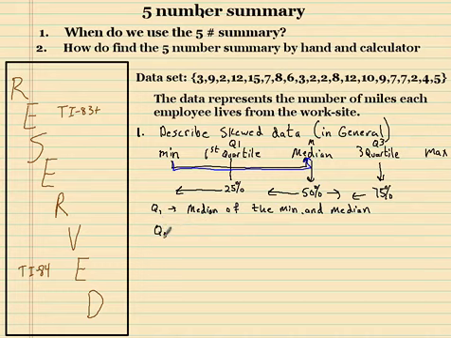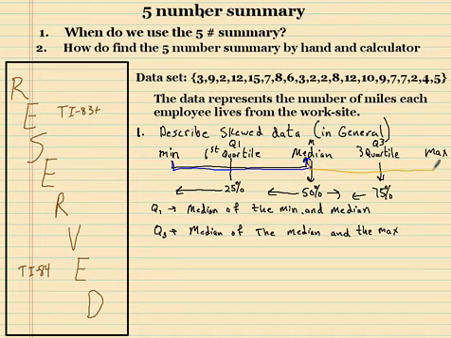So Q3 is basically the median of the median, I know it sounds a little funny, and the max. So if I wanted to find Q3 by hand, I'd find the median of this and this, which would go right there. Okay, so one of the important things is how do we find this by using the calculator,